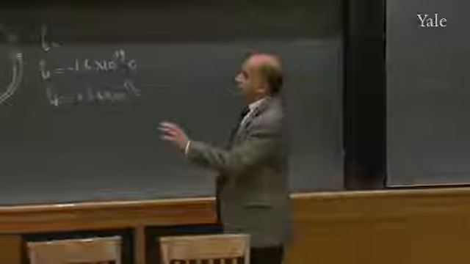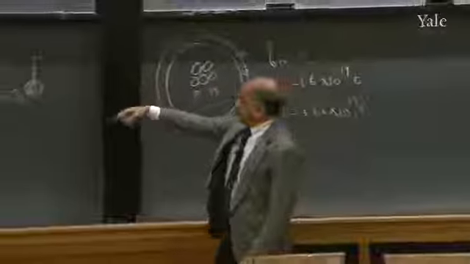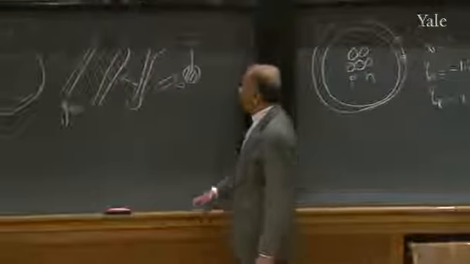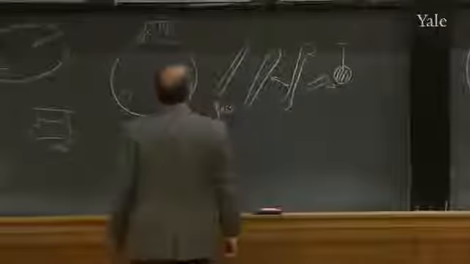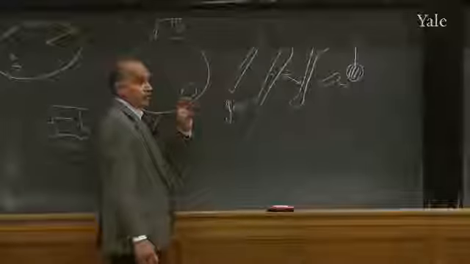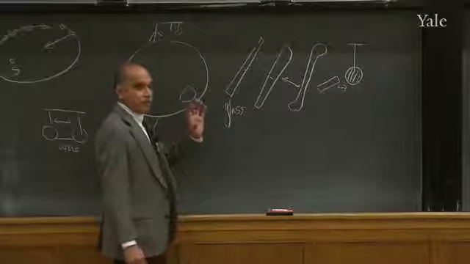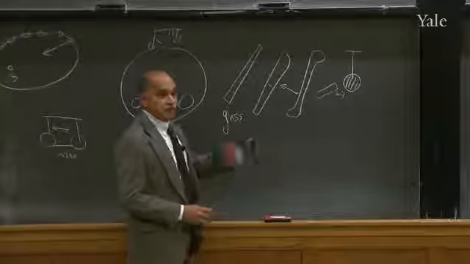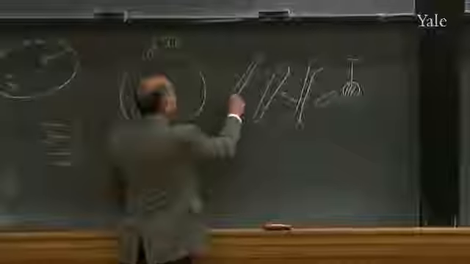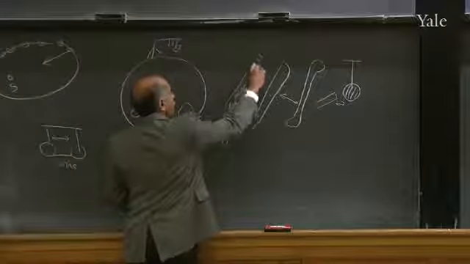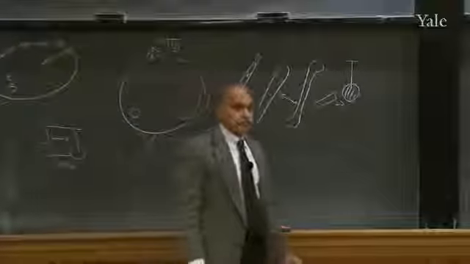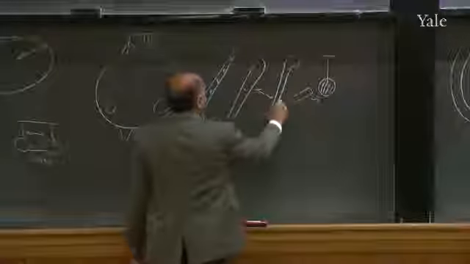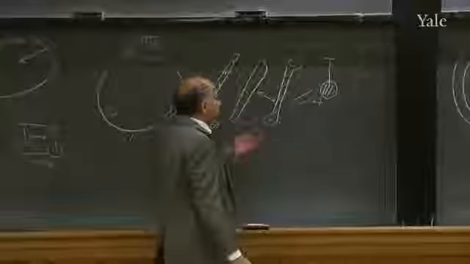Now, let's try to understand all these experiments in terms of what we know. First of all, when you take this piece of glass and you rub it, the atoms in glass are neutral. They have an equal number of protons and electrons. But when you rub it, the glass atom loses some electrons to whatever you rubbed it on. Therefore, it becomes positively charged because some negative has been taken out. In the case of the rubber stick, it gains the electrons, and whatever animal you rubbed it on loses the electrons.